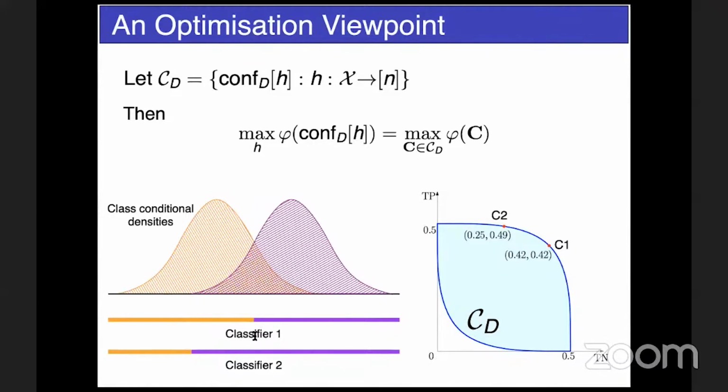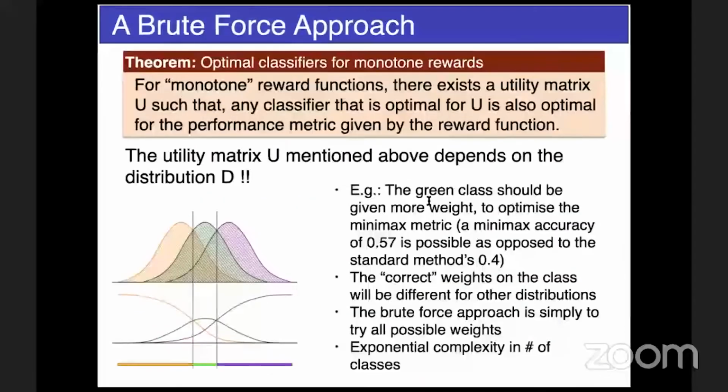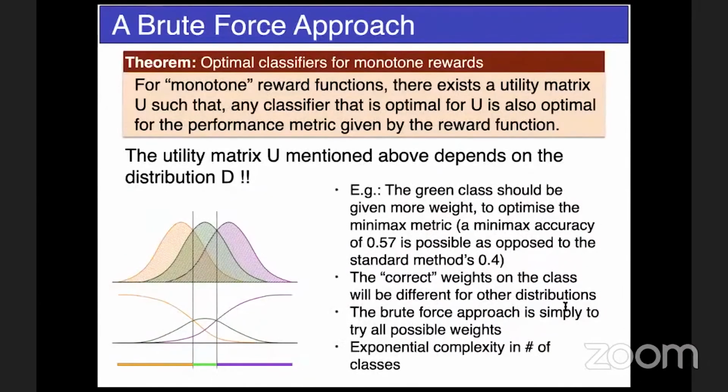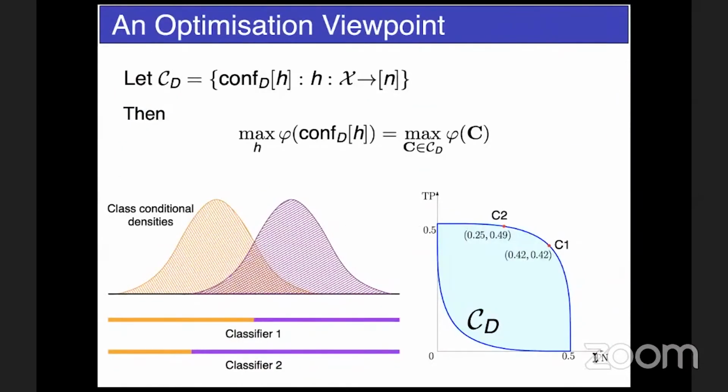Each such classifier has a confusion matrix. The confusion matrix is, in this case, a 2x2 matrix, but let's just focus on the diagonal elements, which we'll call true positives and true negatives. And ideally, you want to maximize these 2 numbers.